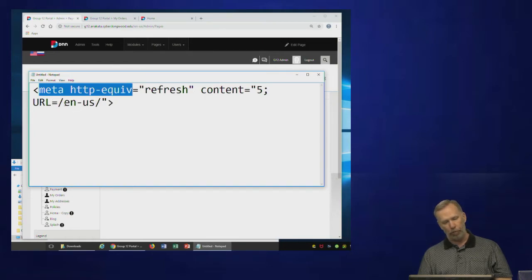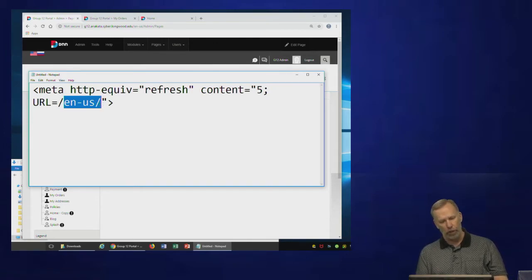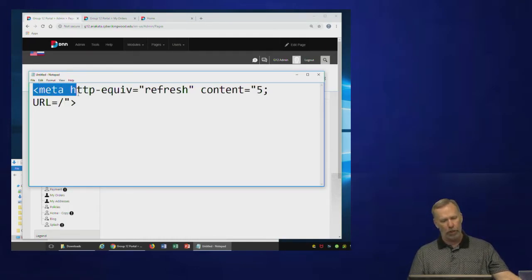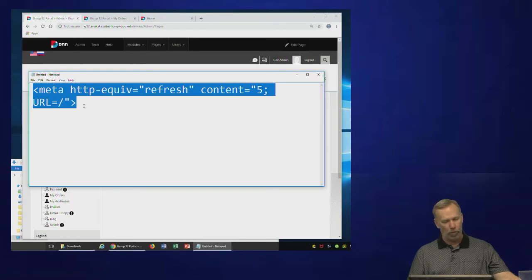And the only difference for a lot of you is that you don't have multiple languages set up. Maybe you do, I don't know, I have to go look. But if you don't have multiple languages set up, then you can simply do that. So that's the code that you need in the page header on your splash page to make it redirect. And keep in mind that the splash page only displays once per visitor, and it does that based on